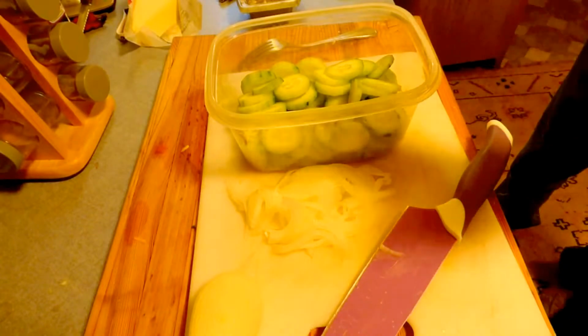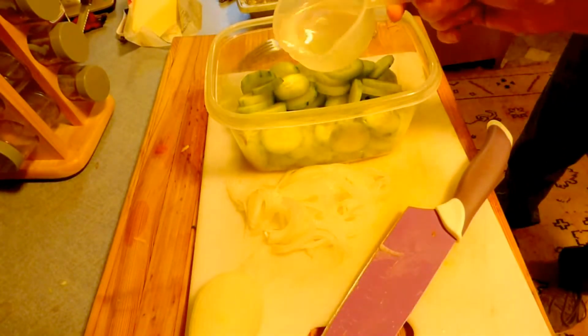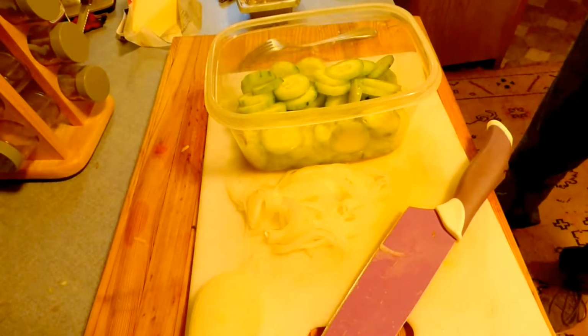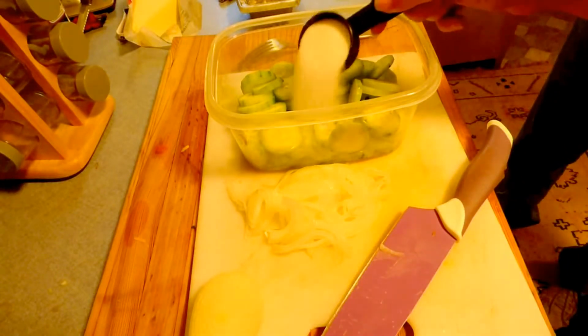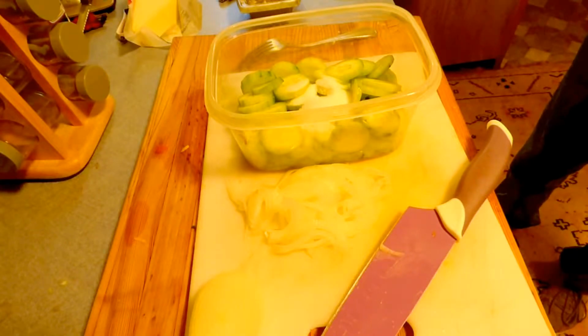We're going to do this real quick so you can get a little chill. Go ahead and put your vinegar in there. That's a half a cup of vinegar, a fourth of a cup of sugar, or you can do a little less of that too. An eighth of a cup of hemp seed,